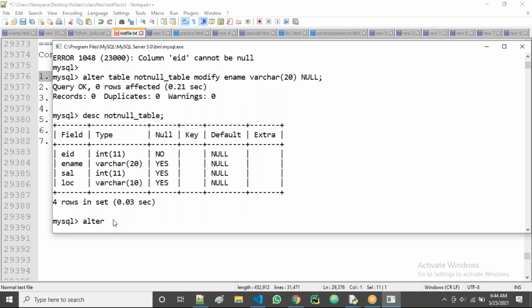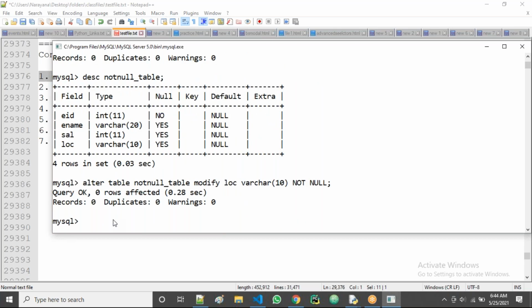Then again, alter table, the table name is not null table, same modify. For location, I can take the same size or a different size, 10. I am taking now not null. Up to now it was null, but now I'm taking not null.